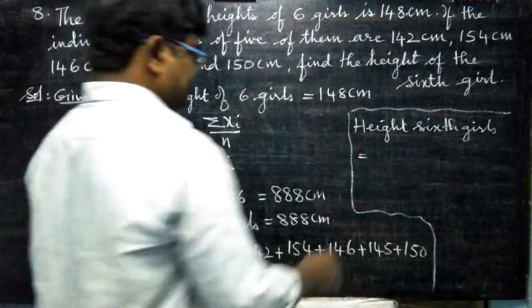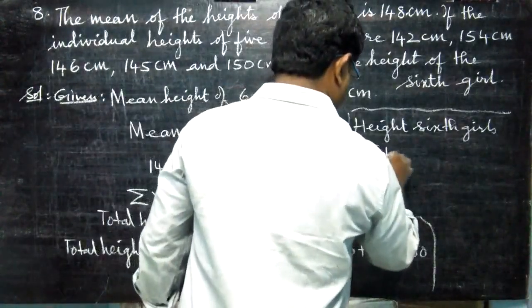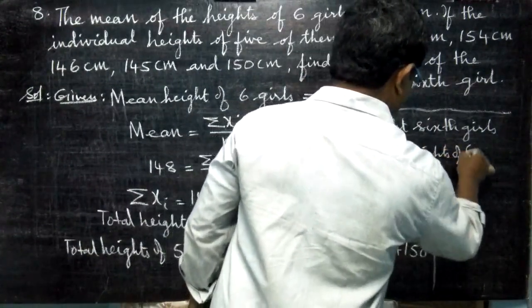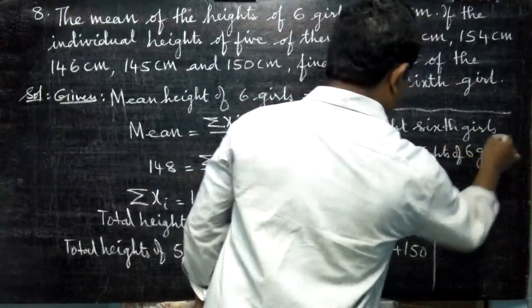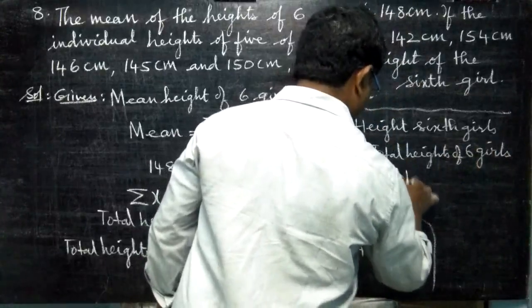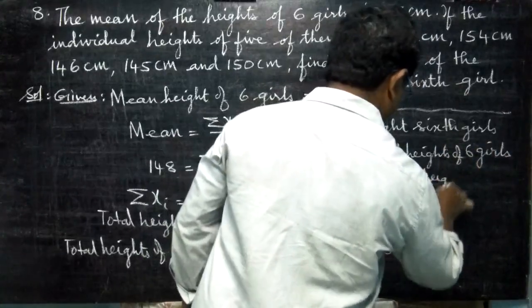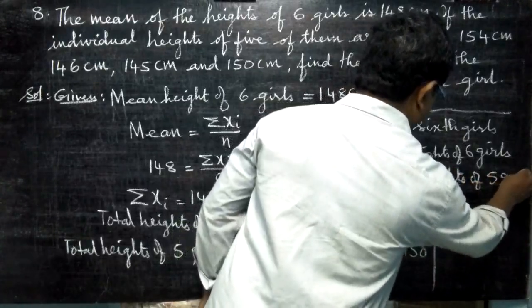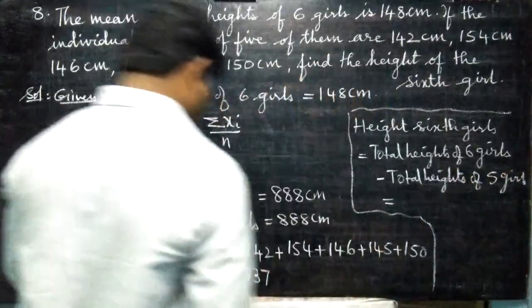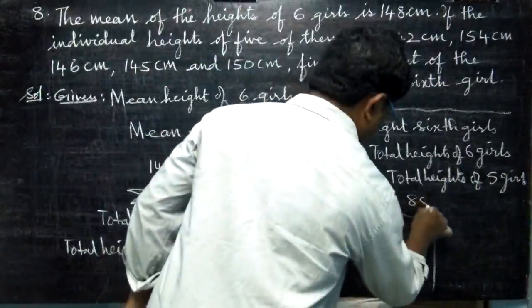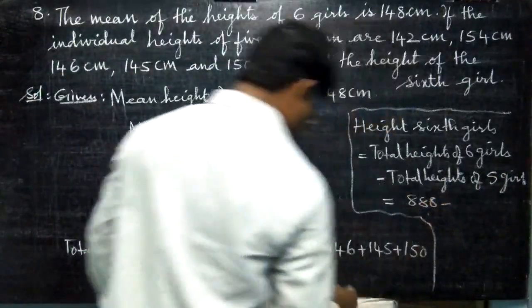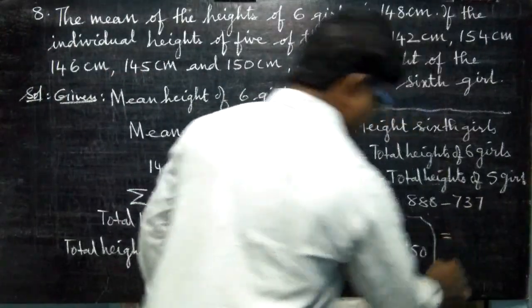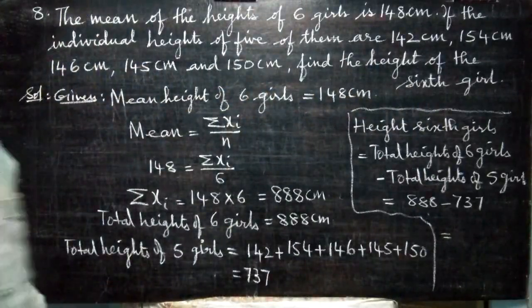Total heights of 6 girls minus total heights of 5 girls. That is equal to 888 minus 737. Subtract carefully. When you subtract, you will get